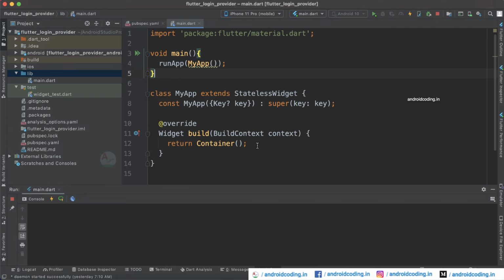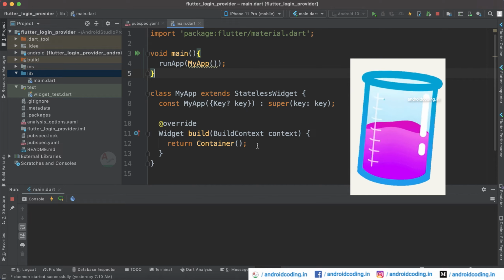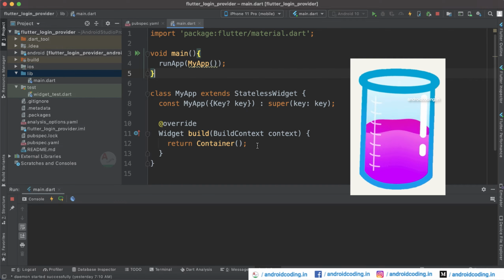So now let's get through this particular example and get good knowledge on how to implement a provider in this particular login mechanism. And also one more thing I'm trying to explain here is, we have also covered examples regarding shared preferences, local login, and also we have done examples on network calls in Flutter. So I suggest you mix these topics, and I will be providing the link in the description section below, and let me know if you face any problem.